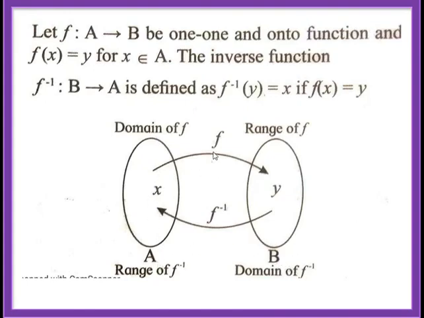So for the function f, A is domain and B is usually codomain, but as the function is 1-1 and onto, codomain is nothing but range of the function. Usually range is a subset of codomain, but function is onto, so range is nothing but codomain. Now, f inverse is a function from set B to set A. So for f inverse, this set B is the domain and set A is what? Range of the function.